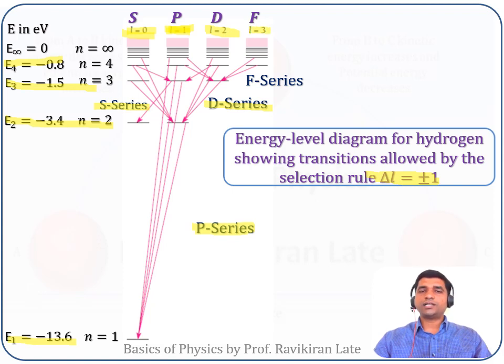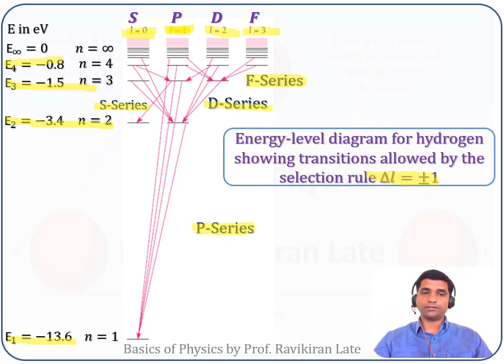And if the transitions are from the L equal to 3 level to different levels, then it is called the fundamental series. So this energy level diagram is similar to the way in which we have considered the hydrogen atom energy level diagram based on Bohr's theory. Now, by considering this energy level diagram, we will calculate the fine structure energy level diagram